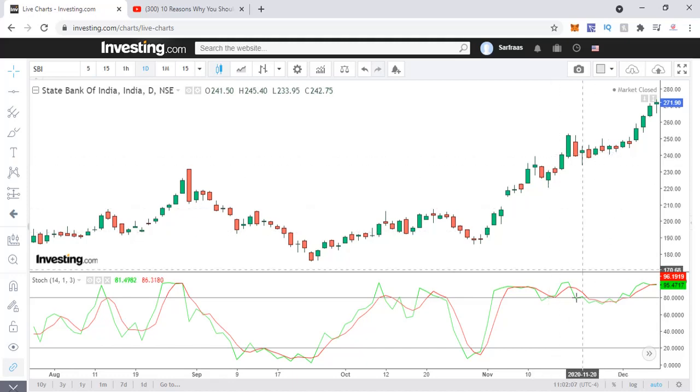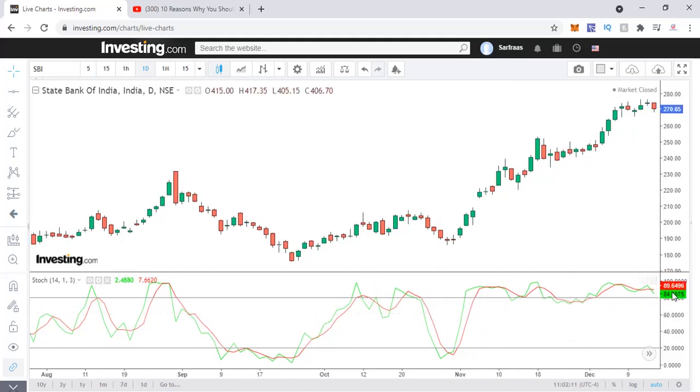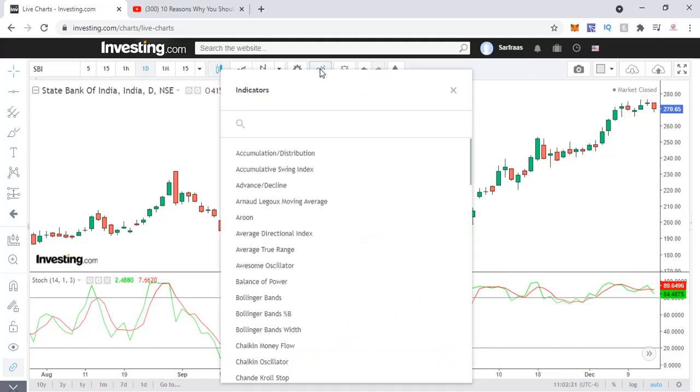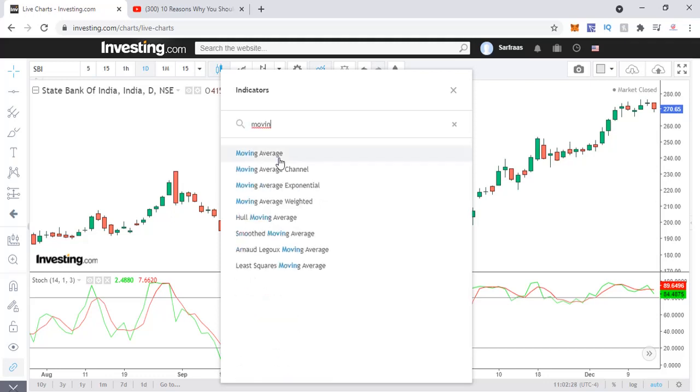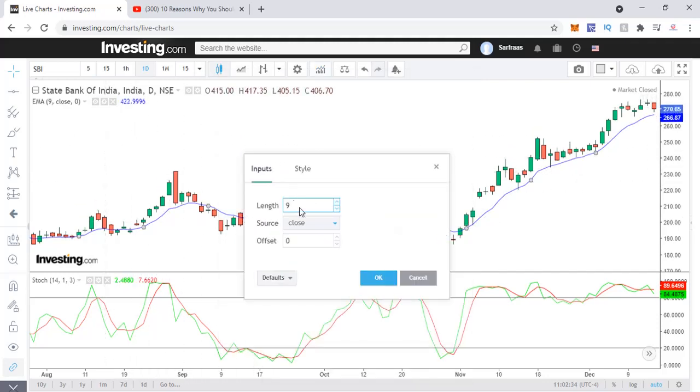So as I mentioned, although these indicators can help you take your buy and sell, you need to club it with some other indicator. Now here is one which I always use to club, to filter out, a moving average, the exponential moving average, and that I'm going to make, let's say, 200.